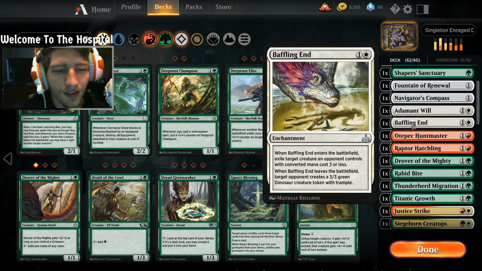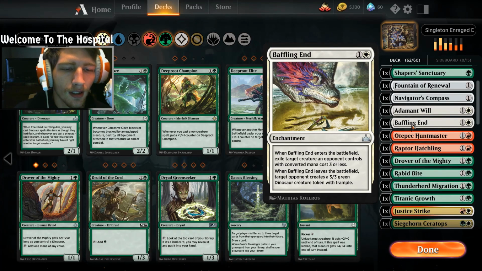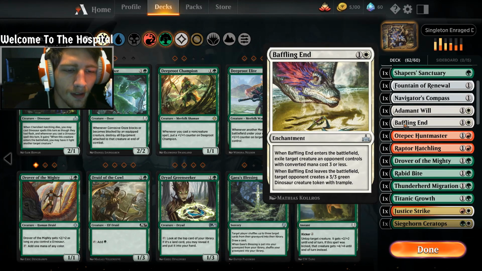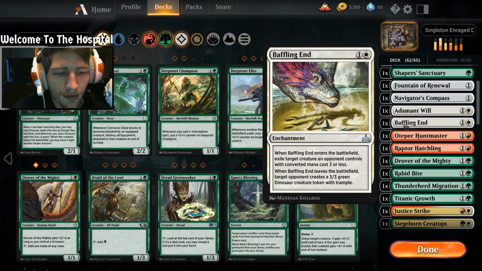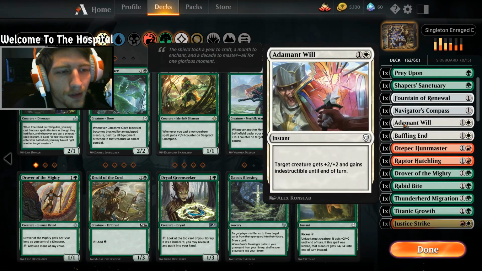Nonetheless, Baffling End is a card that I actually don't see a whole lot in dinosaur decks, but I think it's fairly good in this Singleton. When it enters the battlefield, exile target creature with converted mana cost 3 or less. You're going to see plenty of those in this game mode. And whenever it leaves the battlefield, target opponent creates a 3/3 green dinosaur creature token with trample. So that is unfortunate, but it still takes out one of our enemies, and we don't have to worry too